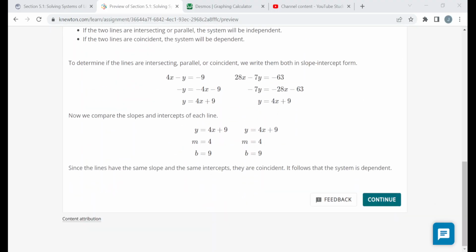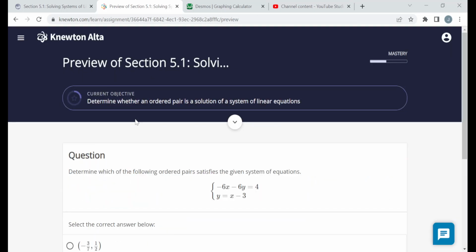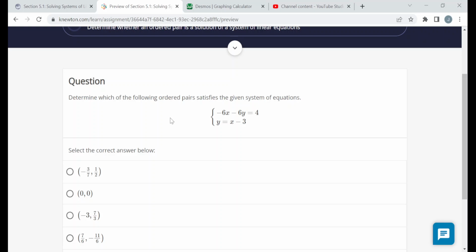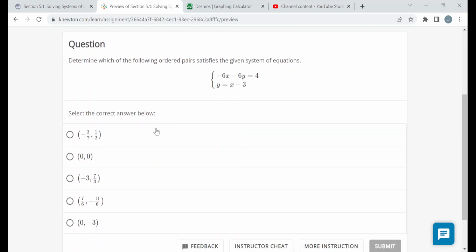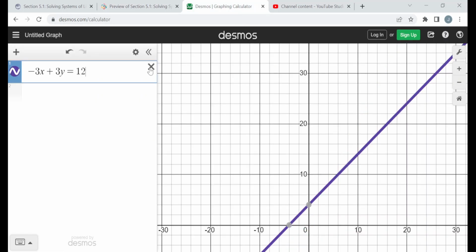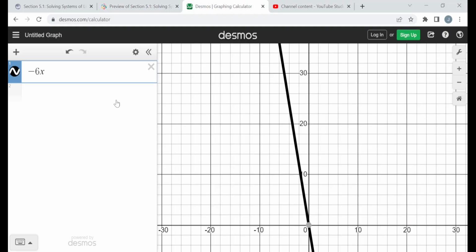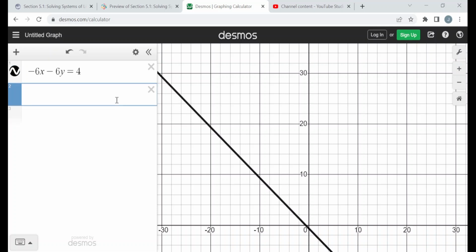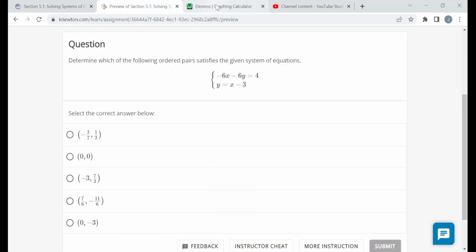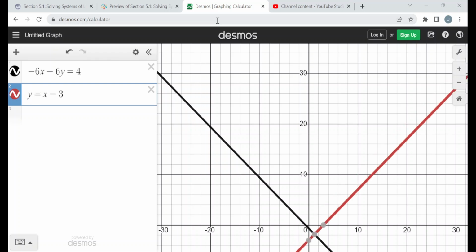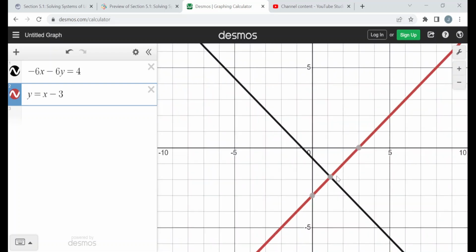All right. Next. All right, so back to determining whether an ordered pair is a solution of a system or not. So once again, you can go through and plug each of these in to see which one satisfies both the equations here. I'm just gonna graph these and see where they meet back on Desmos. So one equation was negative 6x minus 6y equals 4. And the other equation, y equals x minus 3. And zoom in back to home, and they meet at the point